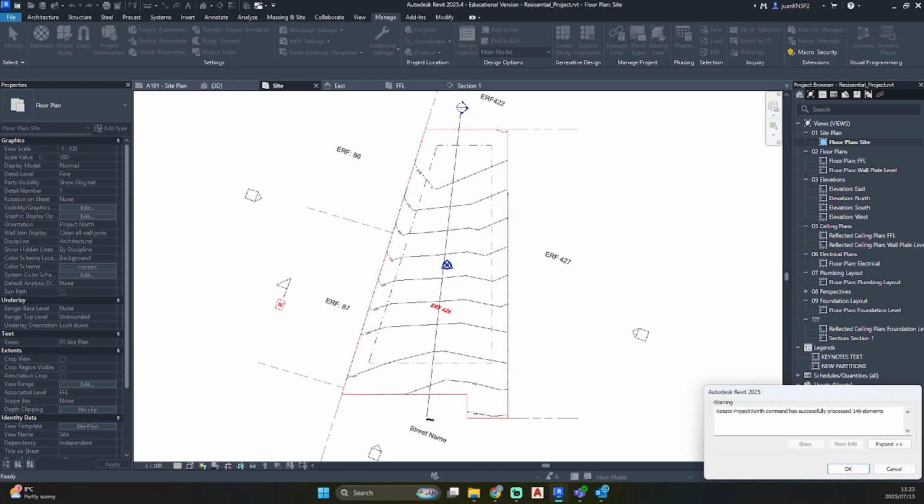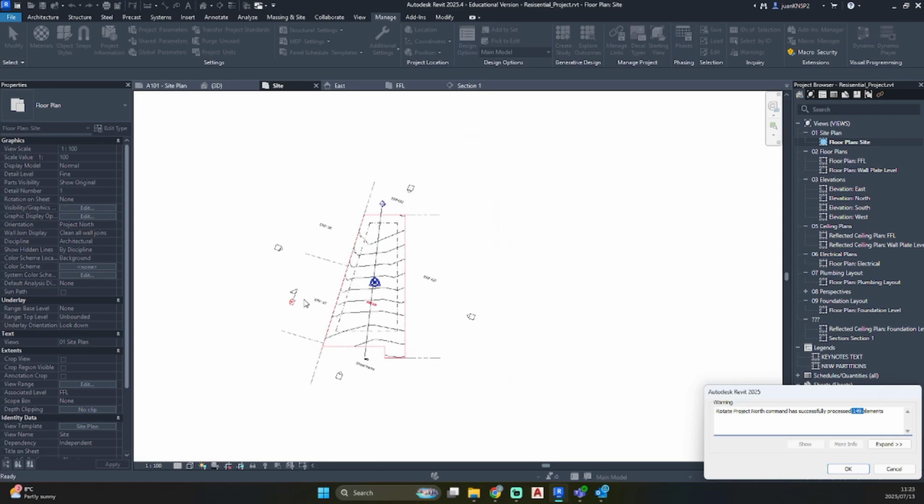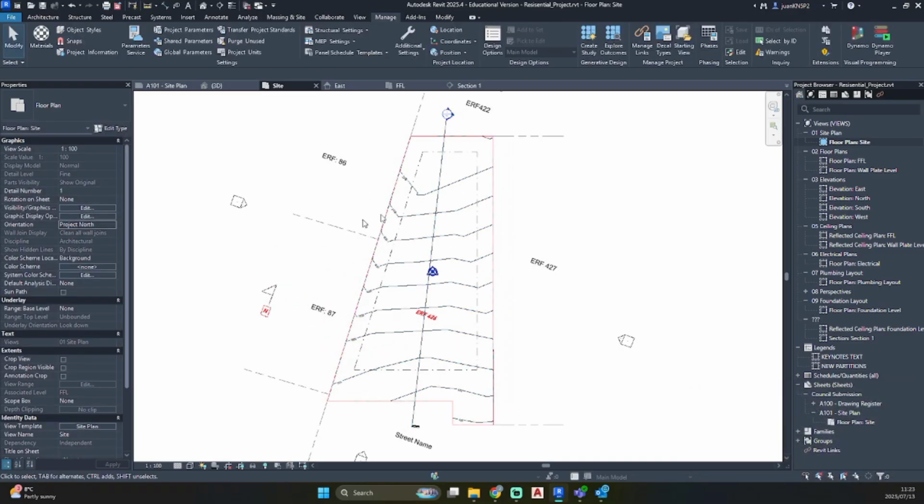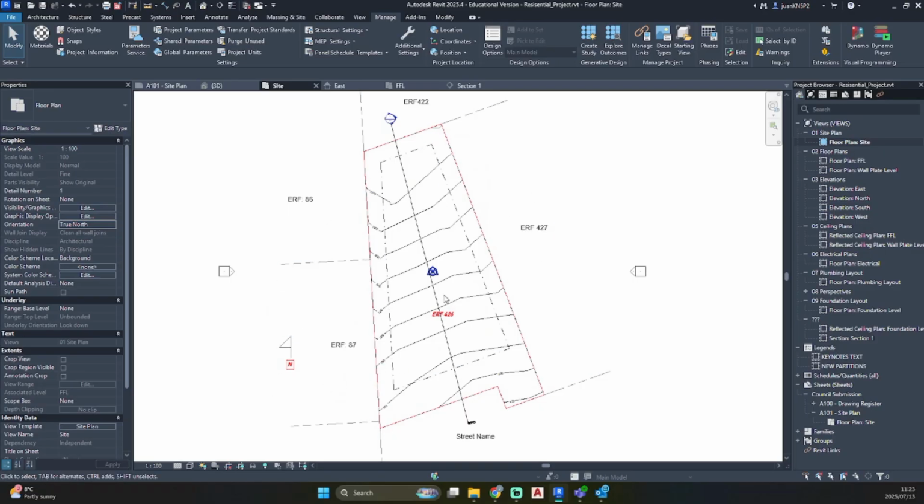And you'll see a pop-up that says rotate project north command has successfully processed 149 elements. The number on your screen should differ. I have more elements within my template that have been rotated. So now your project north has been set, and you can just click back under orientation on true north and it will auto adjust to what we've drawn previously.